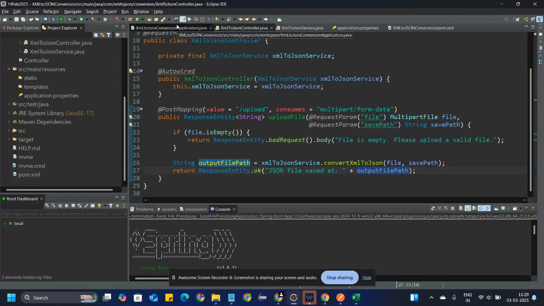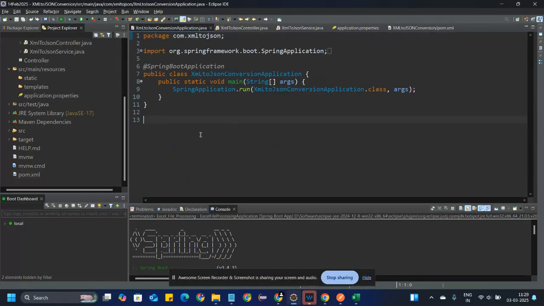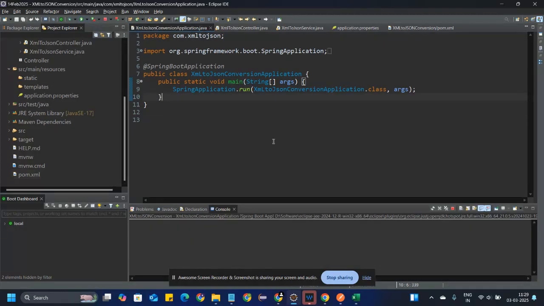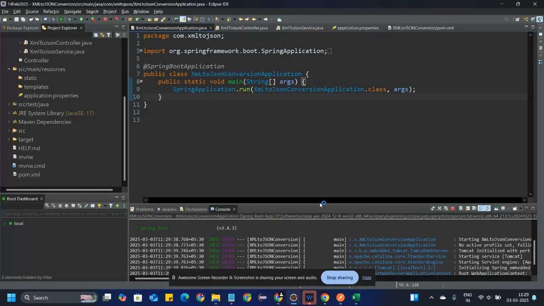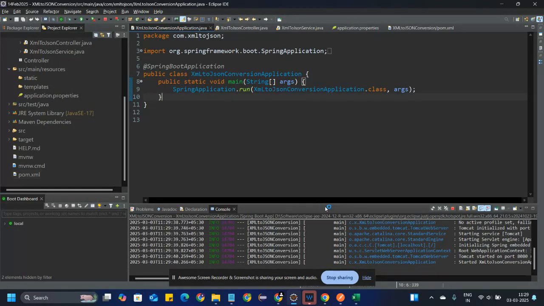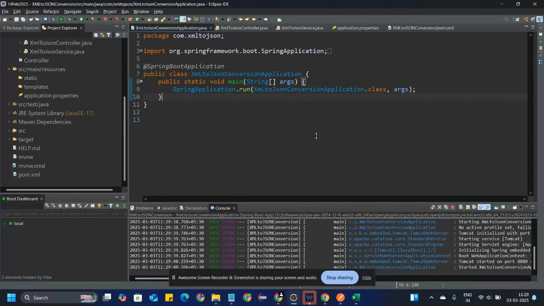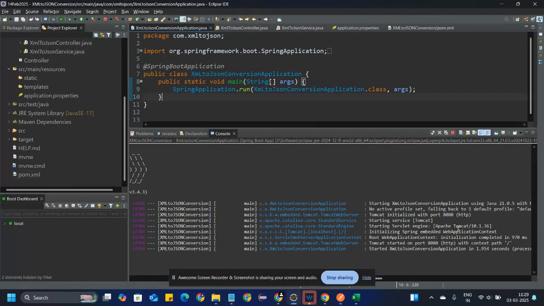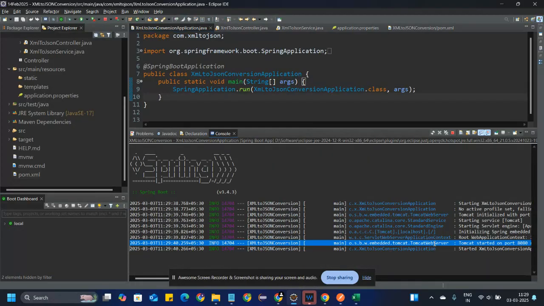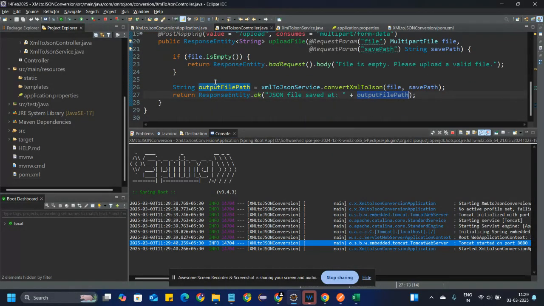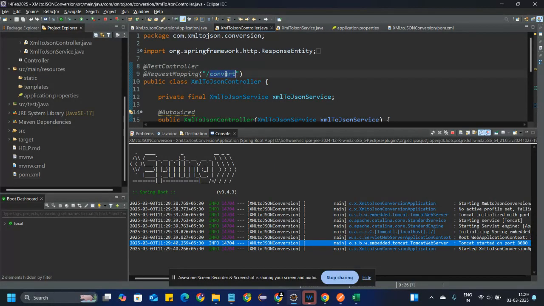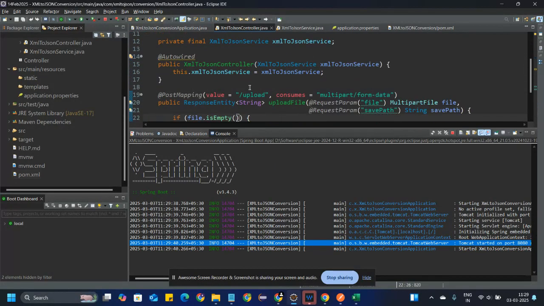Now we go to XML to JSON conversion and start the program. Here is the port number 8080. Now come to the controllers. Here is a convert path and the second path is an upload path.